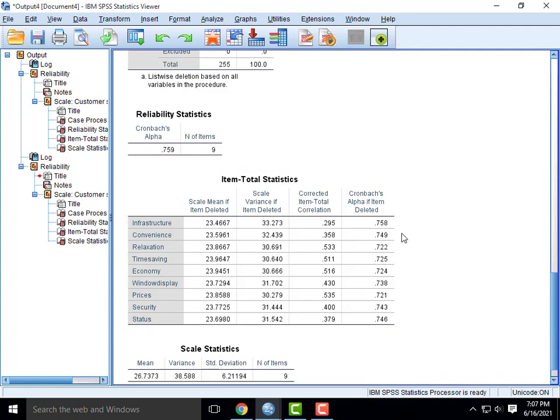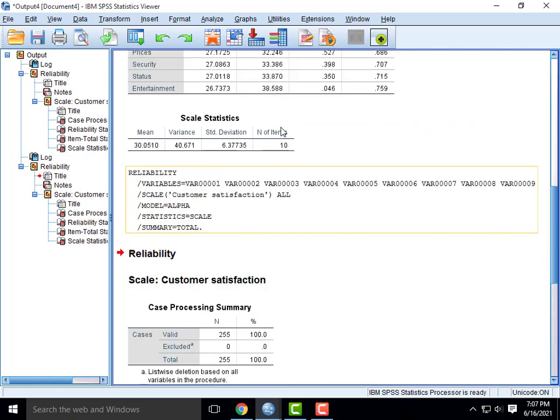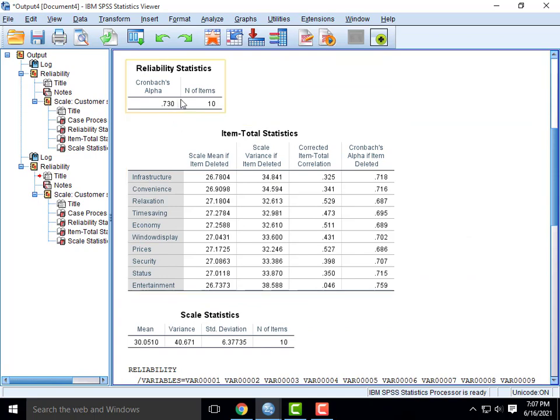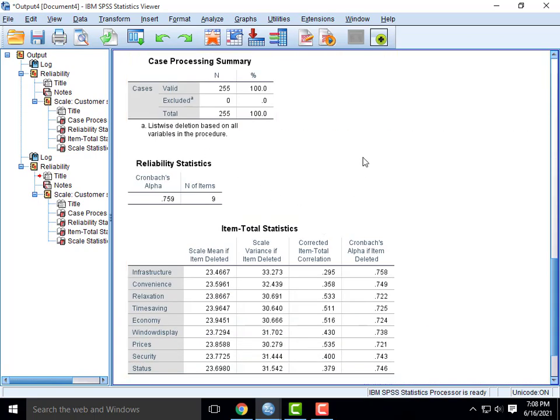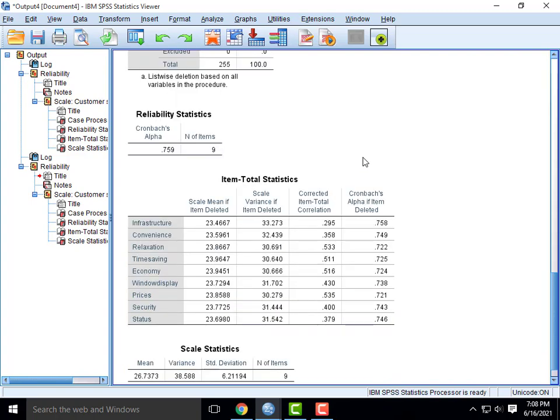Now we can get the new value. The new Cronbach alpha value is 0.759. Compared to the previous value of 0.730, we now get an improved, increased Cronbach value of 0.759.